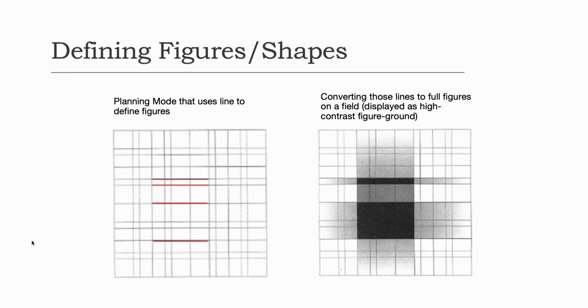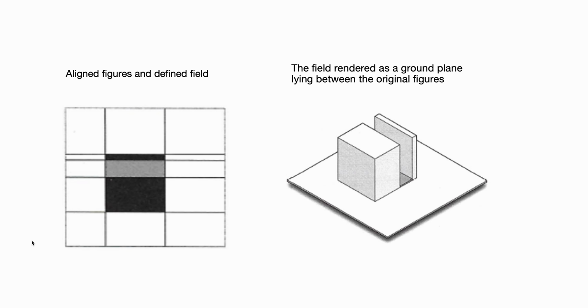So we are also using these gradients to identify these like axial domains for spatial gestures, right? So imagine this is a floor plan and we're looking down on this defined space, and we're going to add this gradient of value, this gray coming off of the black, to imply that this is a form if it were in 3 dimension. Here you can see what I mean. So we have the aligned figures in the defined field on the left, and then if that were in 3 dimensions and those planes were extruded through space, you would see